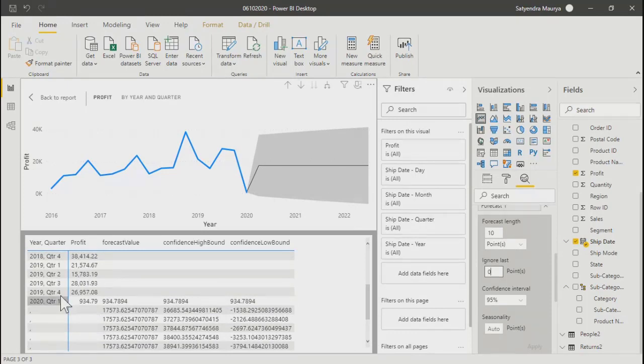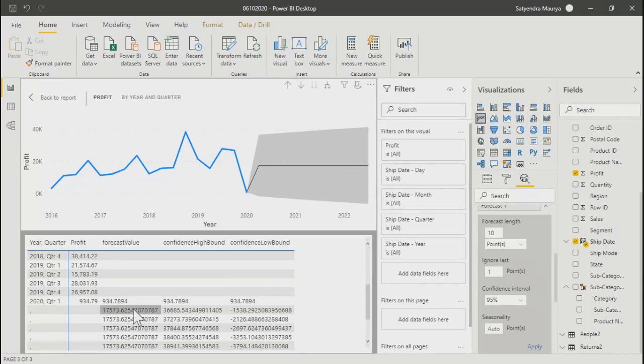For example here, until quarter 4 you had 26,000 or 28,000 or 15,000. The numbers were in 5 digits. But for Q1 you still have only a 3-digit number. If you use this as a quarter's total and do the forecasting, your numbers are going to be wrong. So in that case, if you say ignore the last point and then calculate your forecast, things will change a little bit.